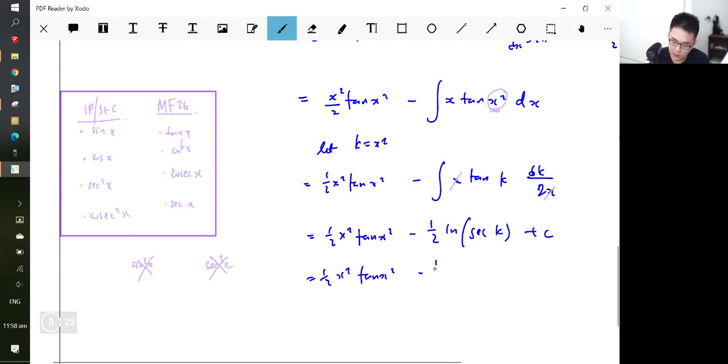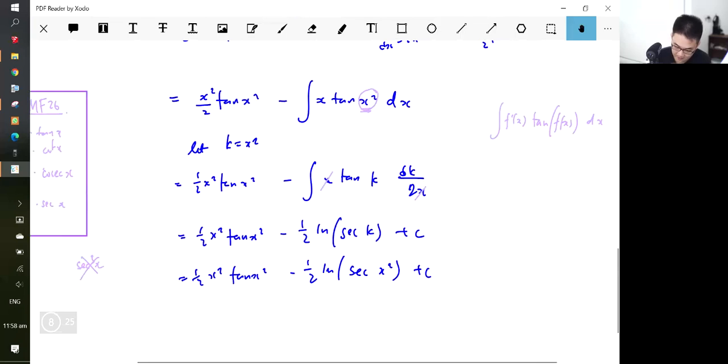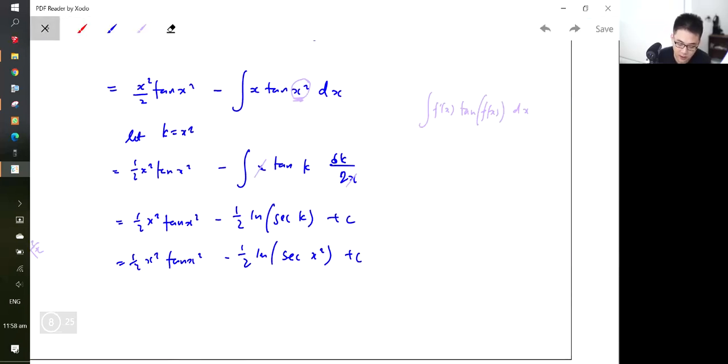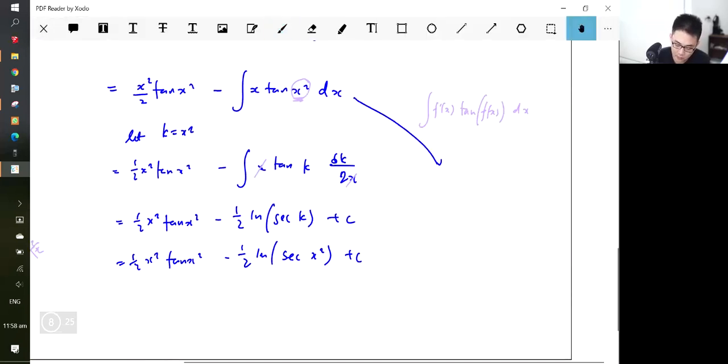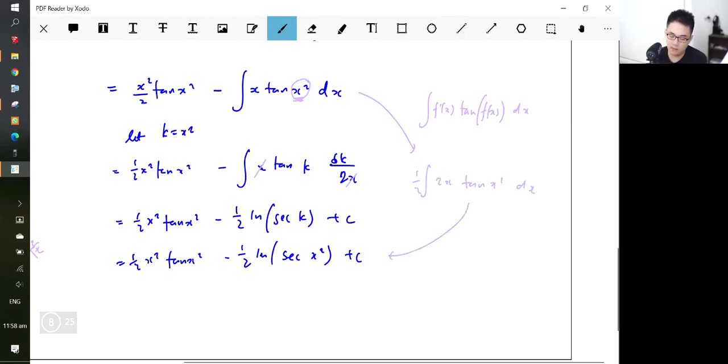Okay, but if you're using the school method, then it will just be k is x squared. Okay, so the school method will just be here. This is the school method. Then you just